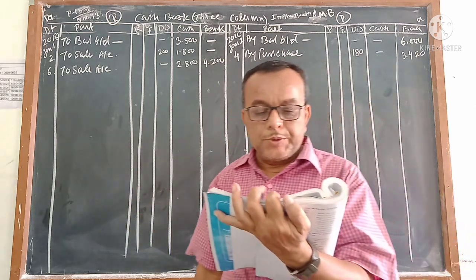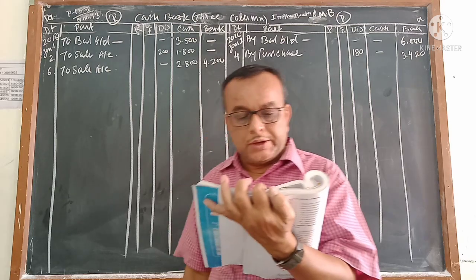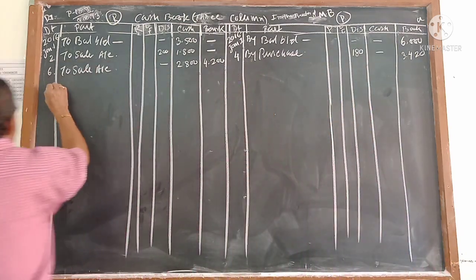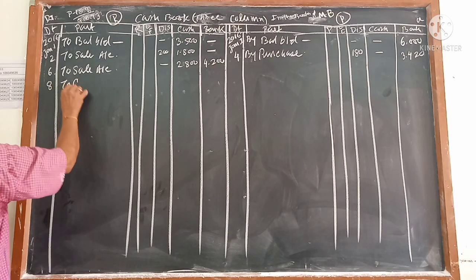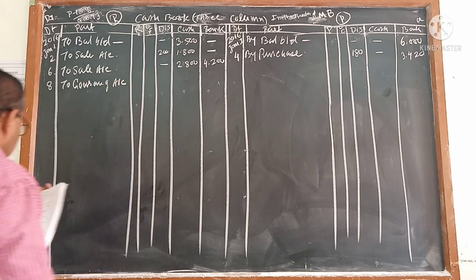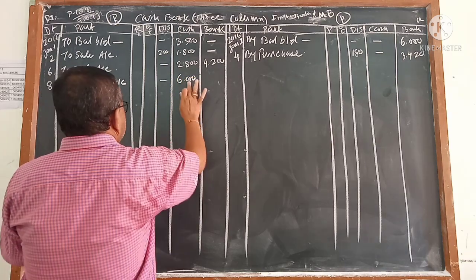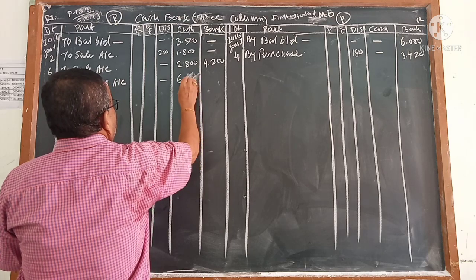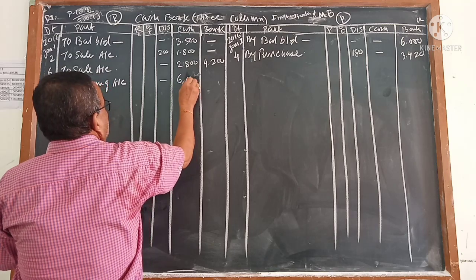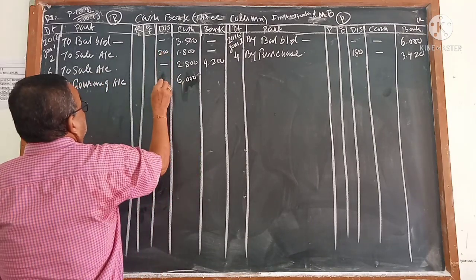Now 8. Check of 6000 is received, which is issued by Gaurang towards the payment of his old debt of 6050, which is deposited in the bank. You have received a check from Gaurang, so your income side is income to Gaurang account. How much you have received by check which is deposited in the bank? That check you have received is 6000. How much should you receive from him? You have received a check of rupees 6000, and you should get that 50 rupees discount.